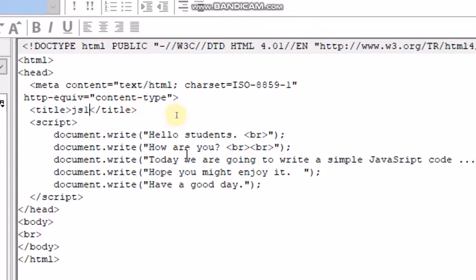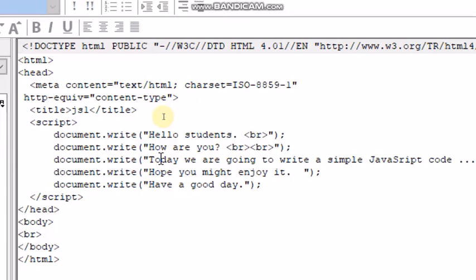Here, after hello students, I have used one BR tag inside double quotation mark. BR stands for line break. Then after writing, how are you? I have used two BR tags.